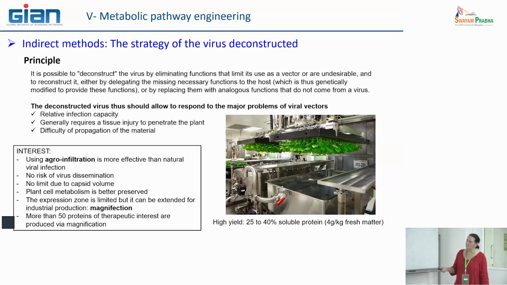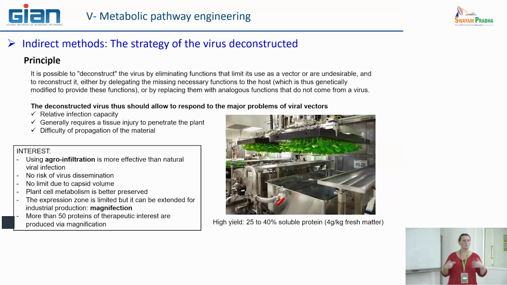Here it's a photograph, but there are lots of systems. Sometimes there are tunnels. There are different types of organization. Here you have the bath with the Agrobacterium solution. Here you have all the plants. And you have seen it can be completely automatic. Nobody is needed to do every step. It's like indoor farming. You just have to take a look. Machines are doing things for you. And at the end of this process, everything you see is mechanically transferred from this bath to another one, and so on and so on.